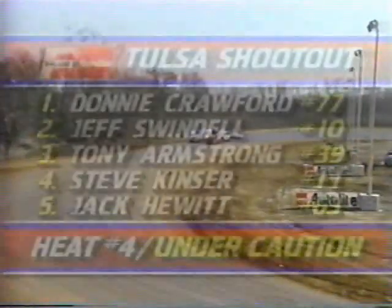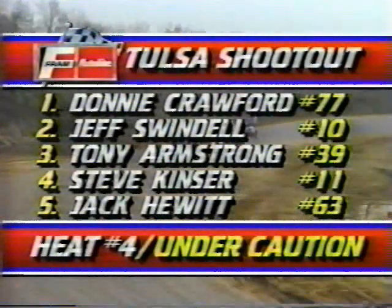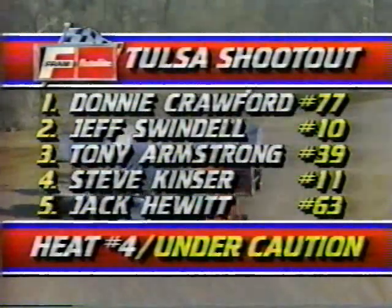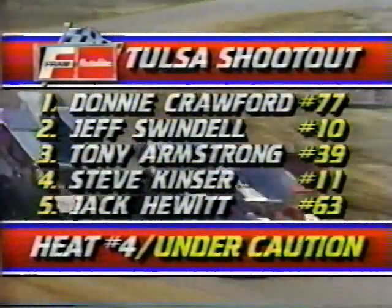Tom runs his own metal fabricating business in Dallas, and he doesn't do this for a profession. He does this for kind of fun. He's a very creative engineer, and he's kind of making a little bit different approach to sprint car racing. You can see a radical difference here. We'll see how the car runs, but it's nice to see some guys trying some new things. Brock, did I hear you say that he has some even more radical wing designs on the drawing board? Yeah, I can't imagine what they're going to be, but right now we're going down for a green flag,